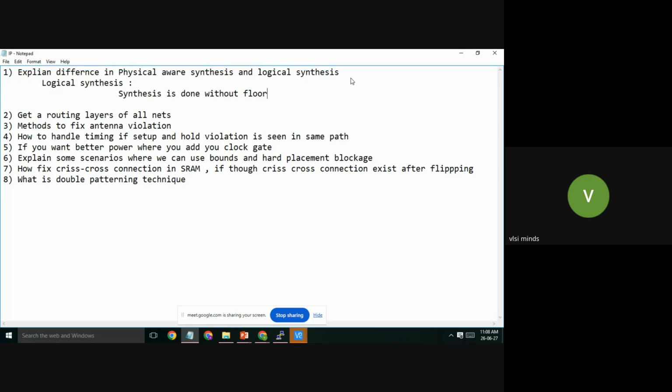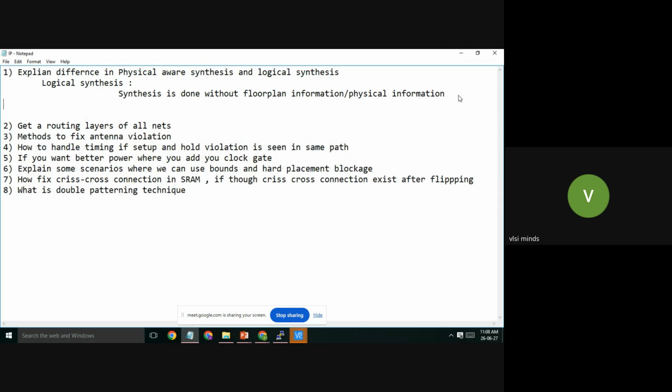I can mention without floor plan information or physical information. Right? So in logical synthesis, what happens is,